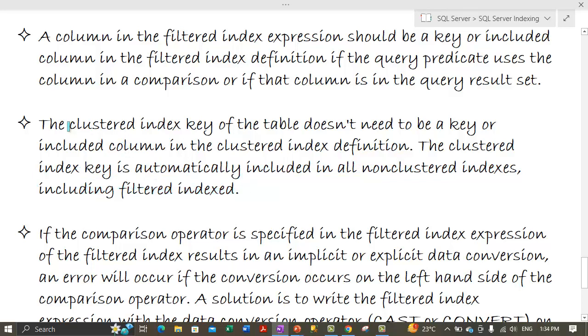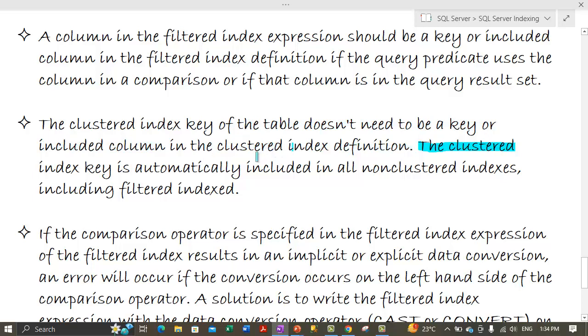So here we are talking about the clustered index keys. The clustered index keys of a table don't need to be a key or included column in the cluster index definition. Basically the clustered,